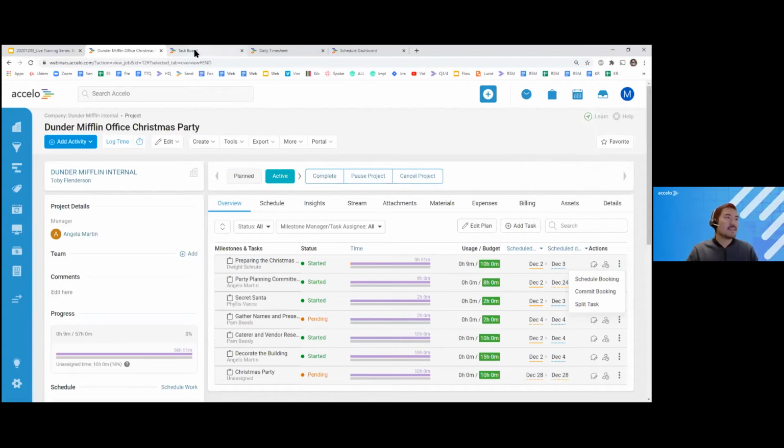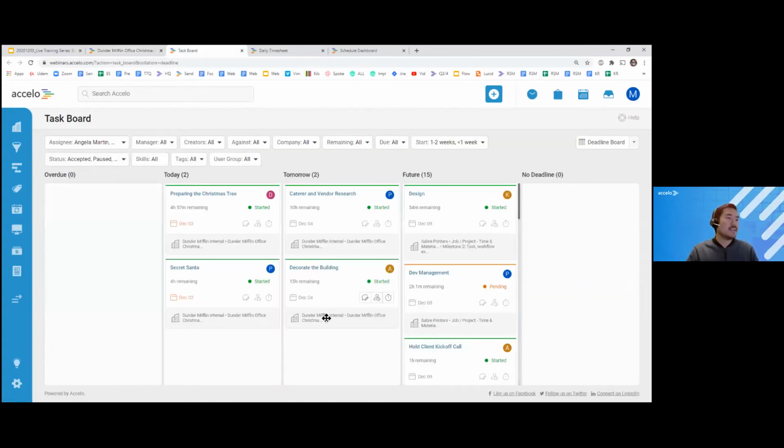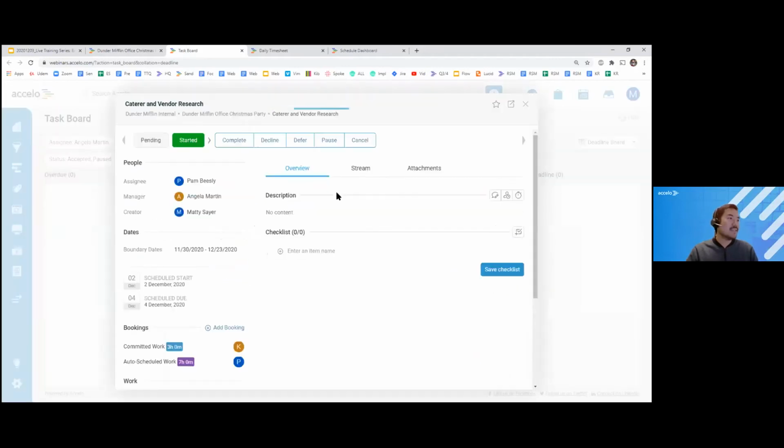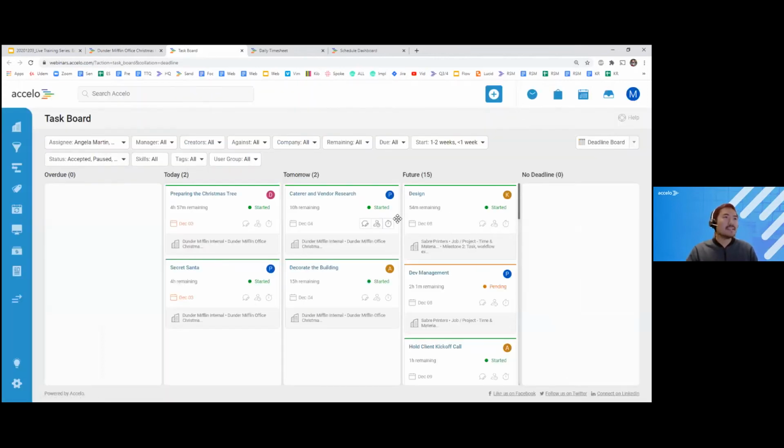Speaking of task boards, I have mine pulled up right here, and I have task tiles representing all the work I have to do, both client-facing and internal. And if I was to access any one of these tasks, I can add a booking again right from the task itself. Now, it's also useful to know that using my daily timesheet, which is found under Time, Daily Timesheet,